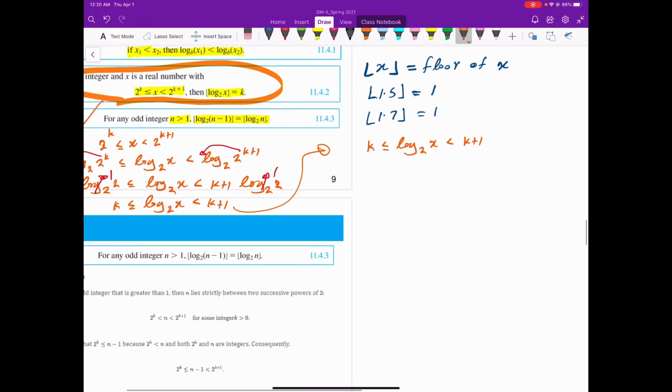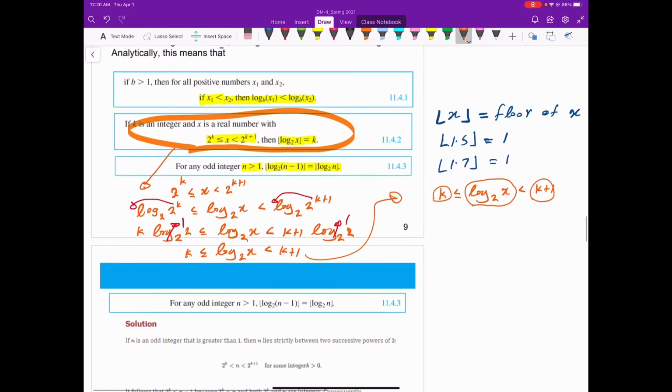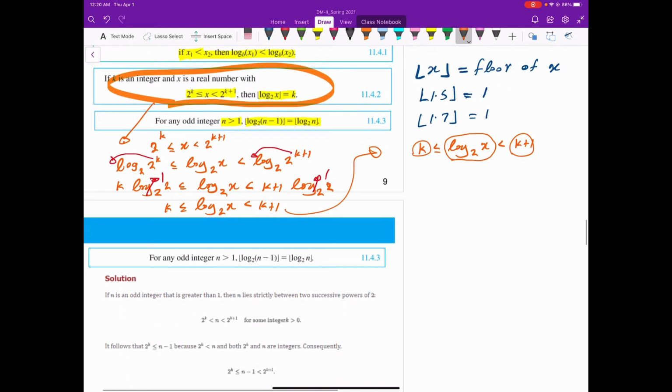So this means log of x to the base 2 is in between k and k plus 1. You know k is an integer, alright? So we assume k to be an integer at the beginning. So that means this value is in between two integers. Now I'm going to get the floor function of that. If I get the floor function of that, since it was between two integers,